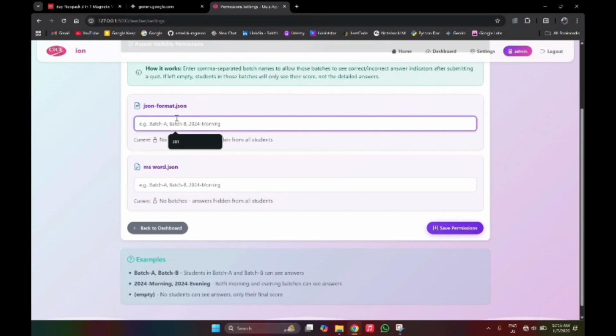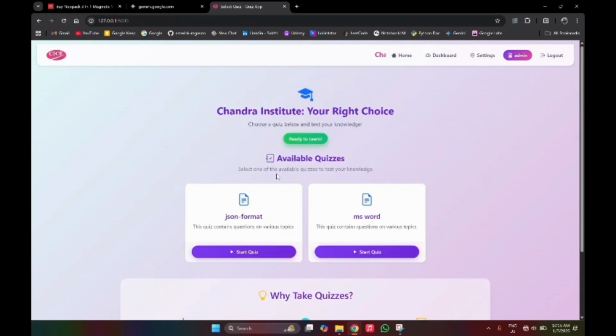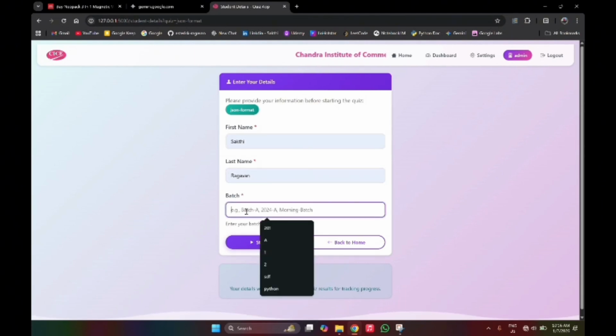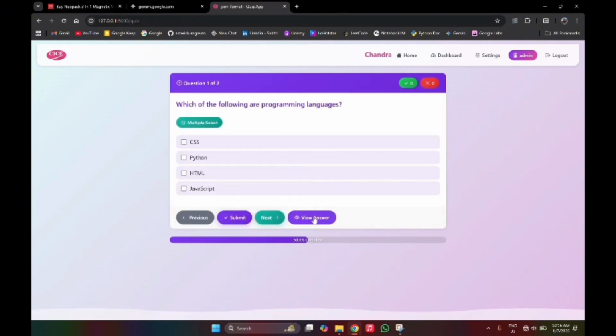For example, for the JSON format, if I enter the batch number as 100 and save the permissions, when a student takes up the quiz with that specific batch number, they will be able to see the answers also. So I'm going to take this JSON format quiz. I'm filling in my details. Unlike previously, I'm going to enter the right batch number like 100, the one we entered from the teacher's dashboard. If we enter this and click on start, they will be able to see a new button here